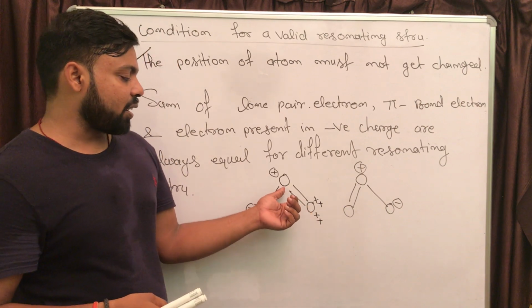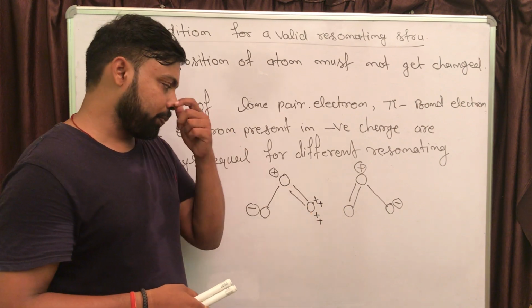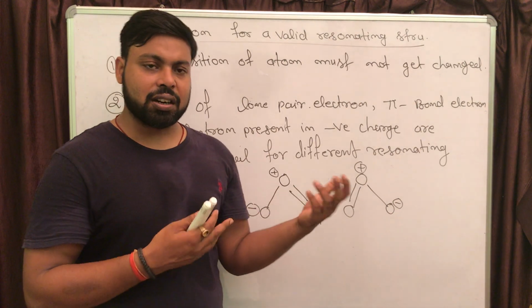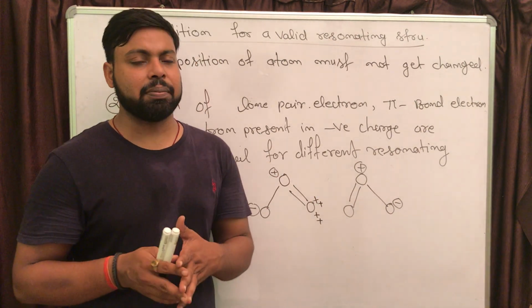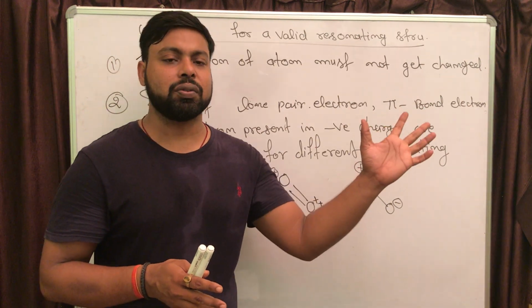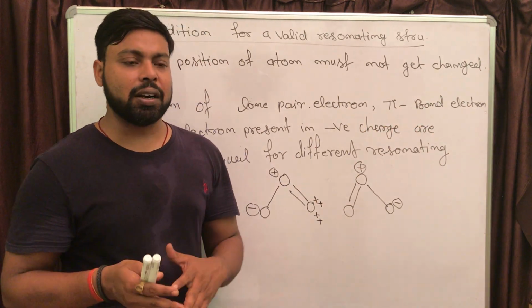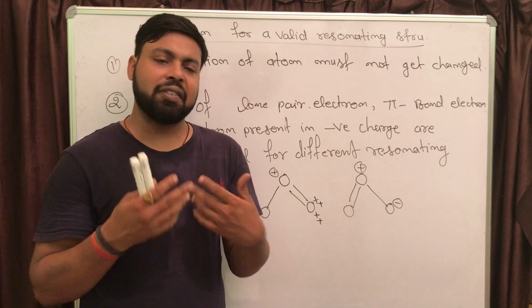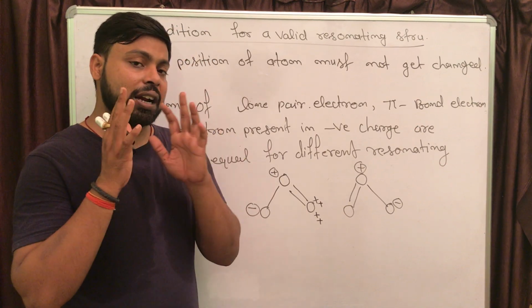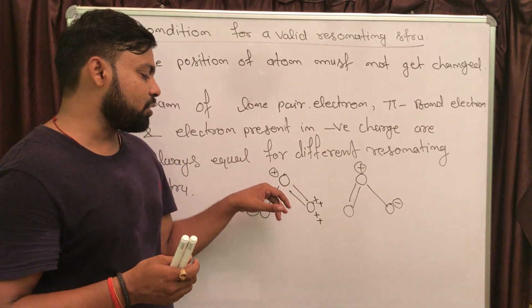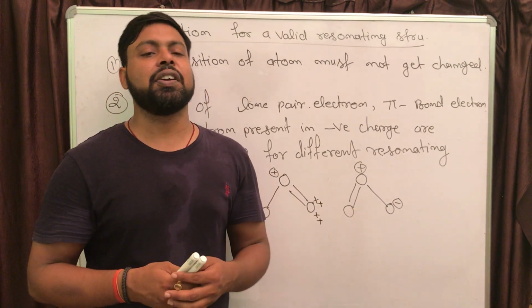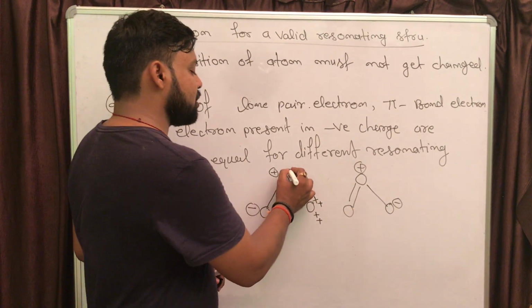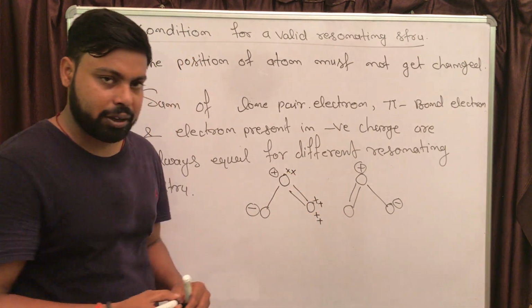If you look at the middle oxygen atom, it is also having 6 electrons in the valence shell. If you are putting a positive charge on it, that means 1 electron is removed. If you are removing 1 electron out of 6, we are left with 5 electrons, and out of those 5 electrons, 3 electrons are shared to form 3 covalent bonds. Then you are left with 1 lone pair. So the middle oxygen is going to contain 1 lone pair.